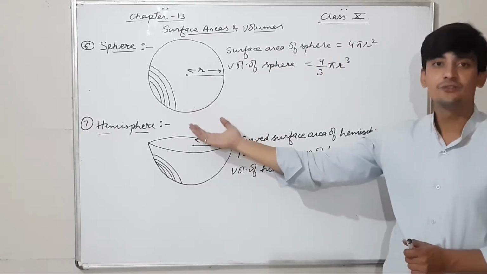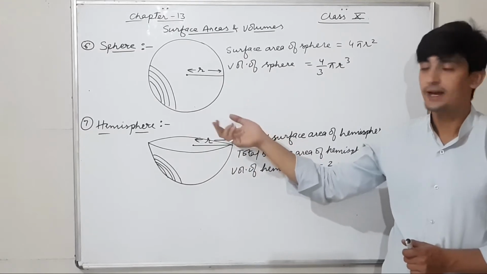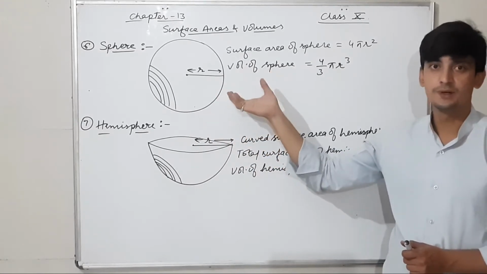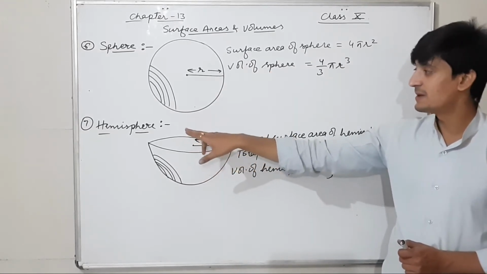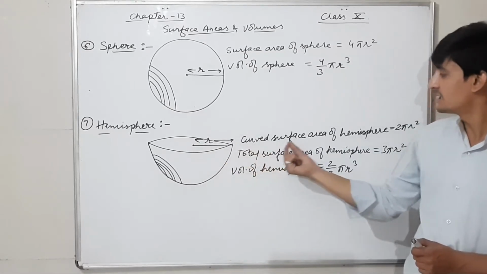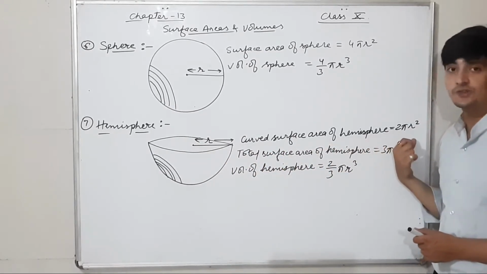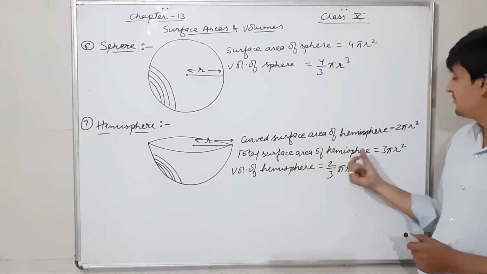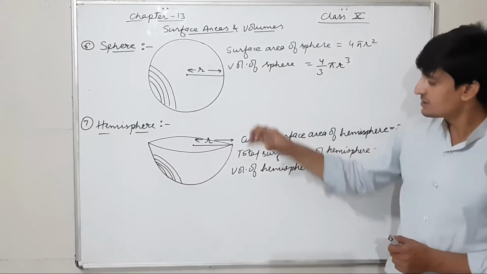Hemisphere means half of the sphere. Hemi means half, and sphere we know is the complete sphere. And hemisphere is half of a sphere. Now the curved surface of a hemisphere is 2 pi r square, and the total surface of a hemisphere is 3 pi r square, because in this total surface of